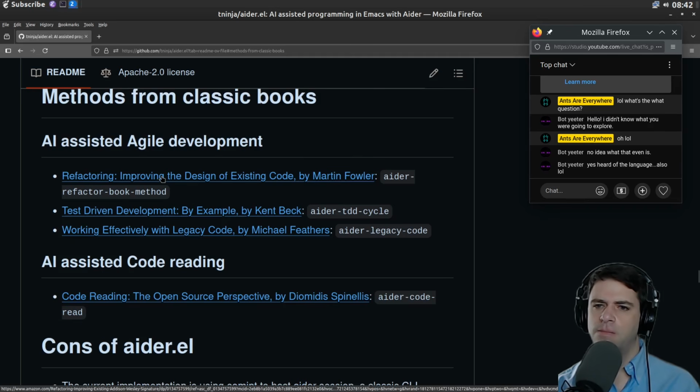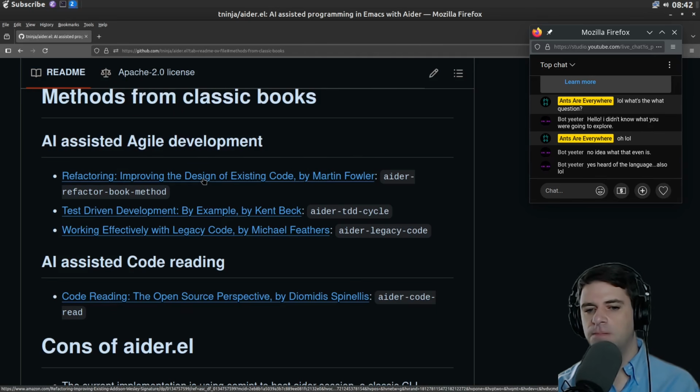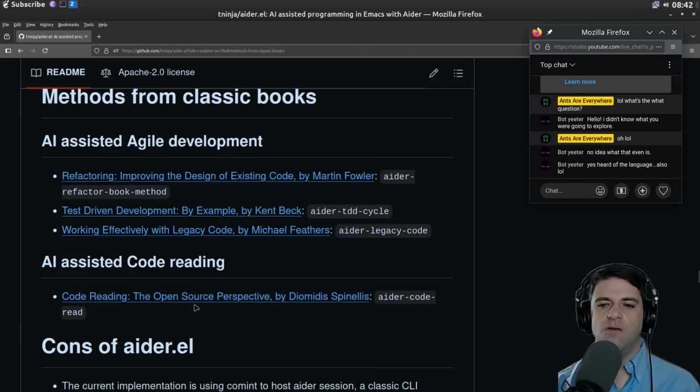Classic books. Okay, I guess the classic book here is the Martin Fowler book. I don't know what this is supposed to be. So this is just linking to some book. This might just be an Amazon affiliate link. I don't know. These are just some books. AI assisted code reading. And these are